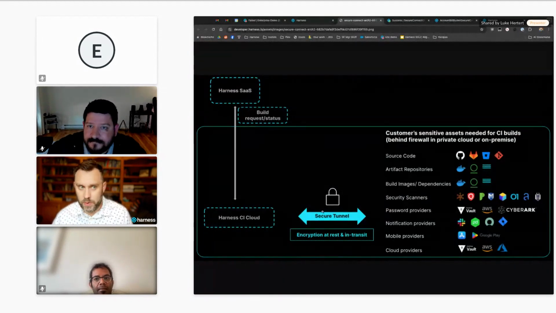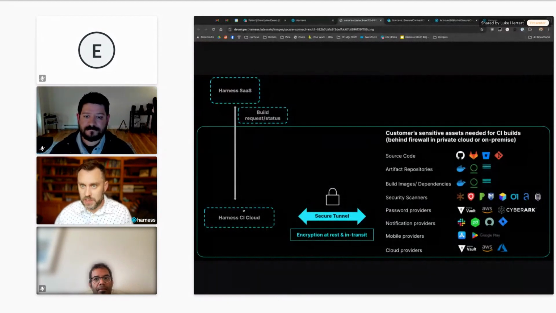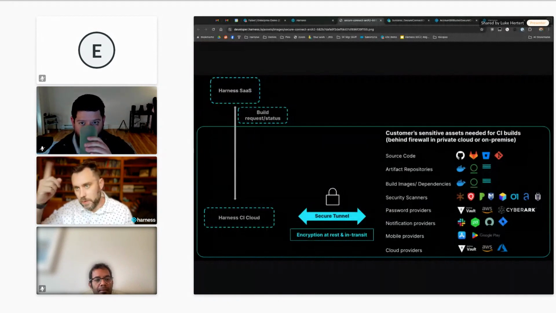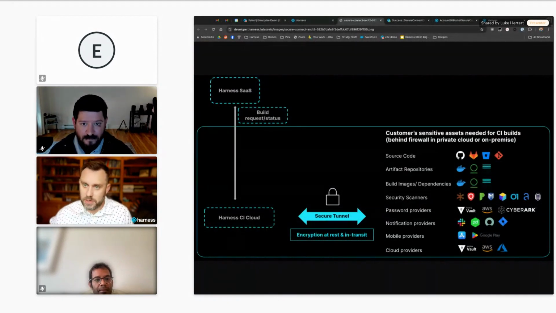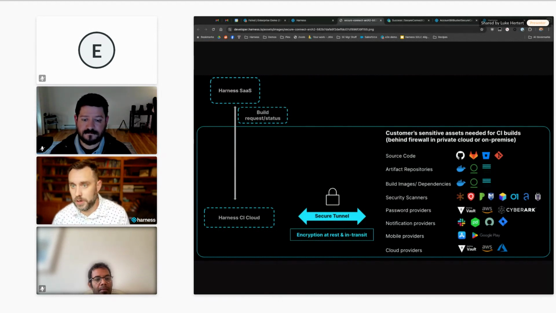Whenever a build runs inside our cloud, any network traffic can be directed to go through this proxy, so it can talk to your on-prem Git SCM providers. It can push an artifact to your on-prem Artifactory without a bunch of firewall exposure.